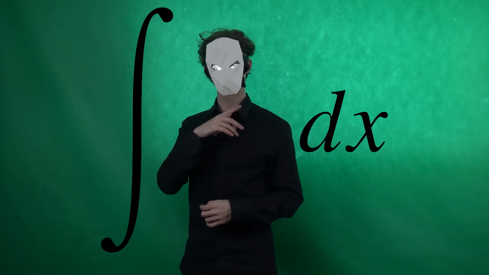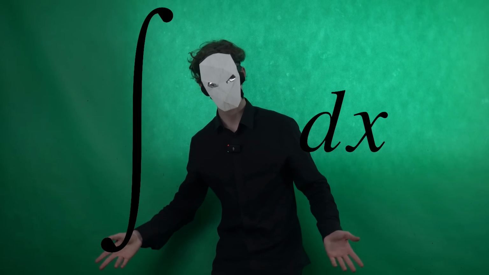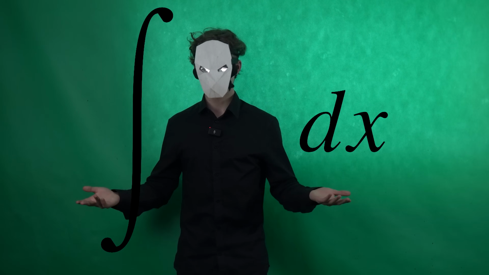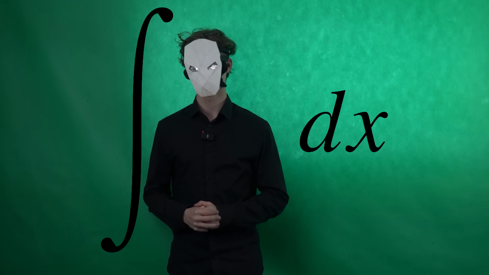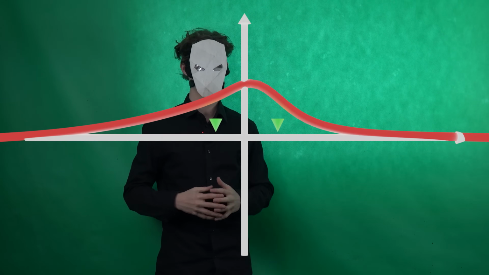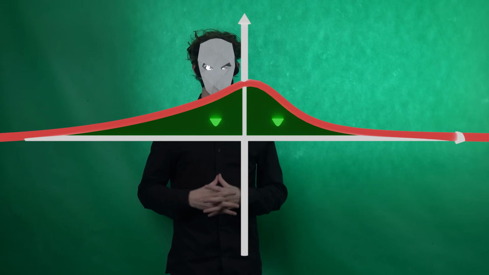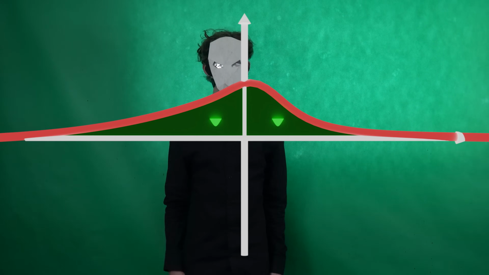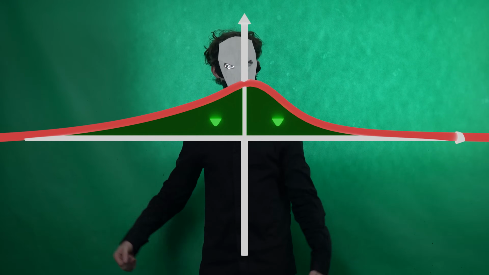And here's the thing, if you understand what I've said so far, then you pretty much understand the whole of calculus. There's only one more thing left to mention, which is this, the integral. The integral has a reputation for being incredibly difficult, but in reality the concept is unbelievably simple. Take a look at this function. You want to know what the integral of this function would be equal to? The area. That is it. That's the entire thing. That's what the integral is.